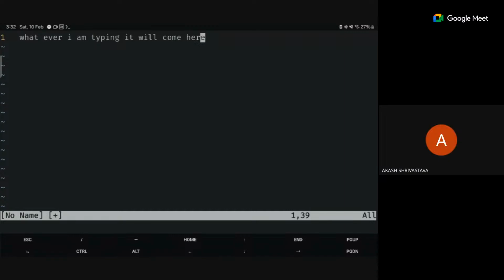Sir, first we typed I, then we wrote this, then Y, two times Y. What you said is right, Akash. I is first, which is insert mode. Then you can type.